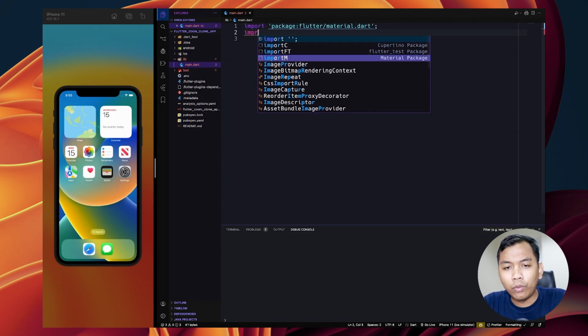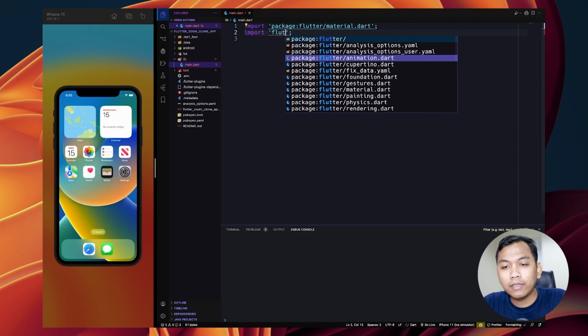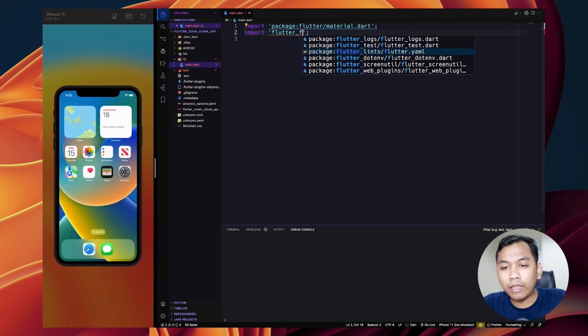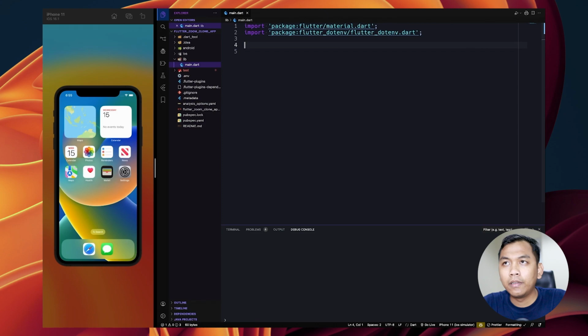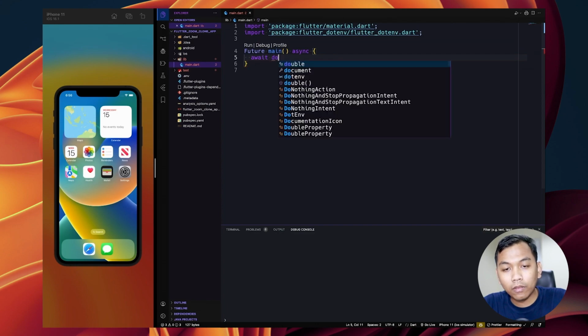And the second one, we need to import flutter_dotenv. As usual, we need to create the main function and make it asynchronous. And inside this, we need to load our .env file.